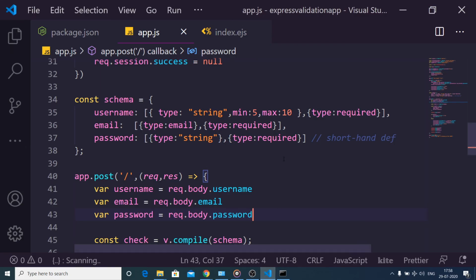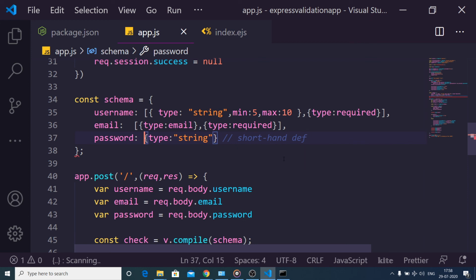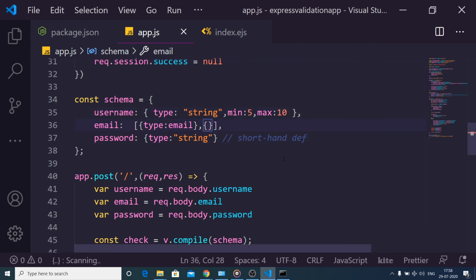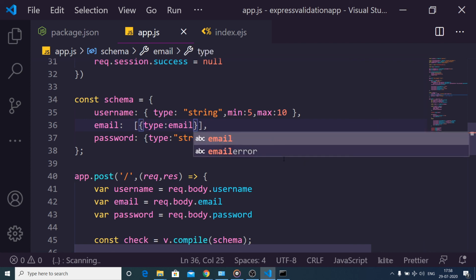You can just read the documentation, guys, and then you can make your own validations. Let me just stick to our original validations, which is, let me just change this to type email and